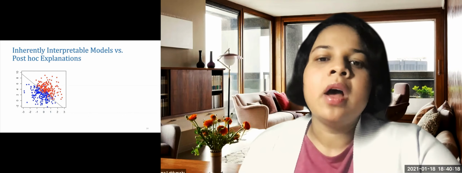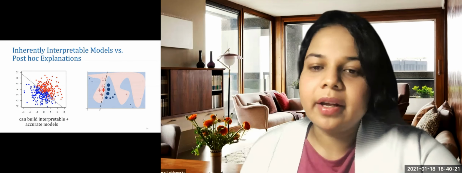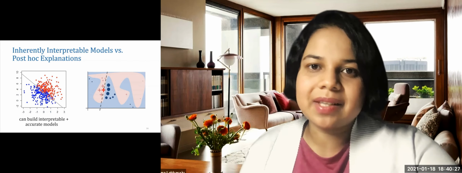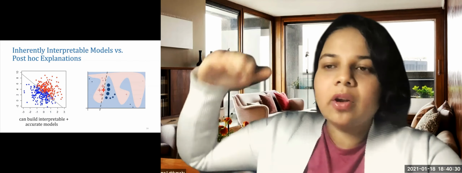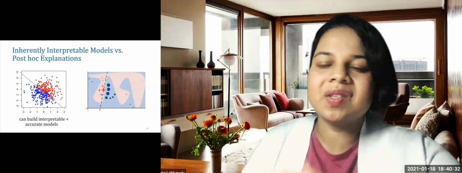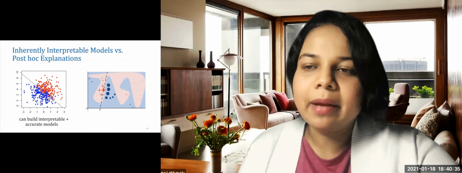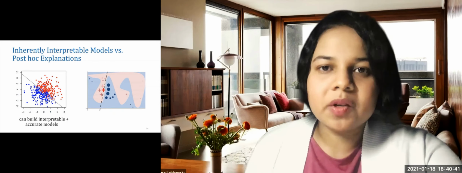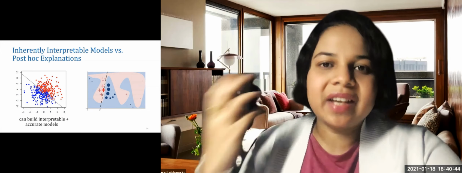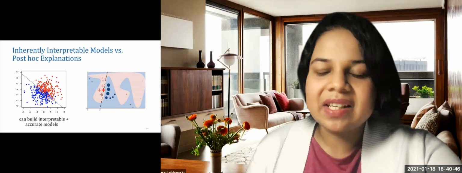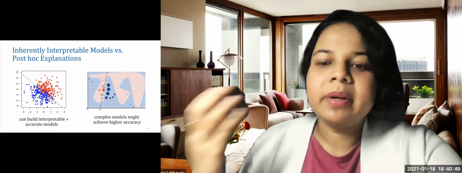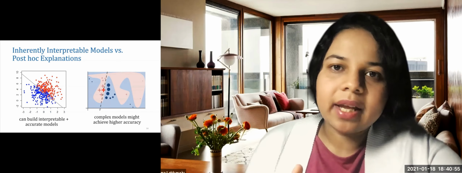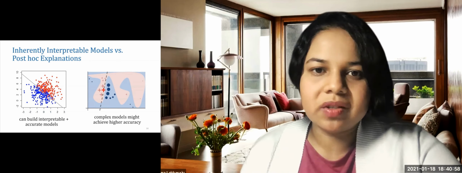So that's amazing. On the other hand, more commonly in the real world, what we observe is the decision boundaries in the data look like this, what you see on the right-hand side, right? So the decision boundaries are highly nonlinear. So the separation between this blue versus red, which are the two kinds of class labels, that boundary is highly nonlinear. In this case, unfortunately, it would not be possible to fit a simple linear model and get a very high accuracy. So these are the settings where we might see interpretability accuracy trade-offs, and complex models might achieve higher accuracy. So in that case, we might want to go with post hoc explanations.